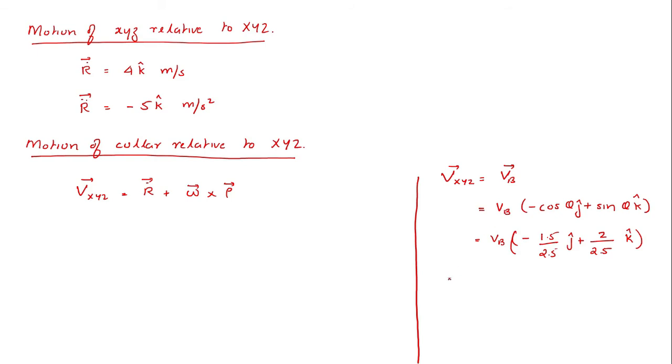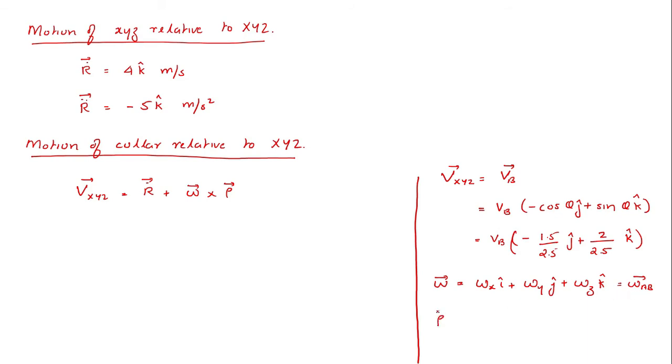Now, the next is omega. The omega vector I will express in terms of the three component directions. So I can write this as omega x into i cap plus omega y into j cap plus omega z into k cap. Since it is a three-dimensional problem, we have to express it in terms of the components along the three directions. Omega is actually omega AB, since the secondary reference frame is embedded within the body AB.